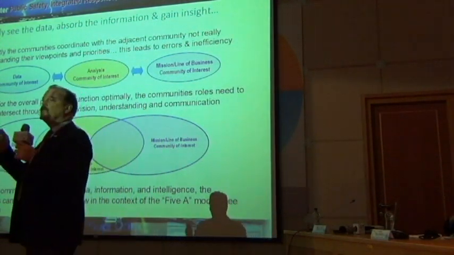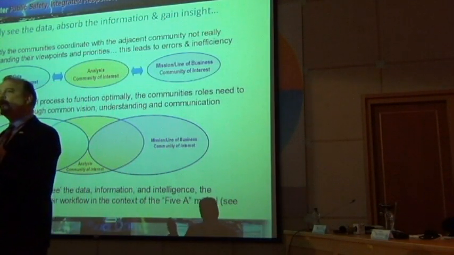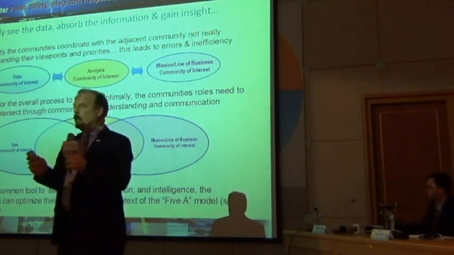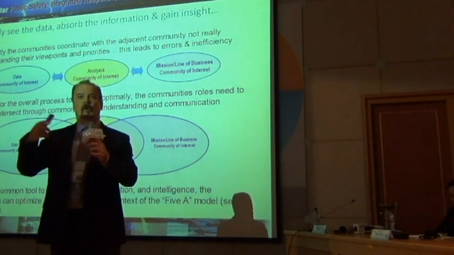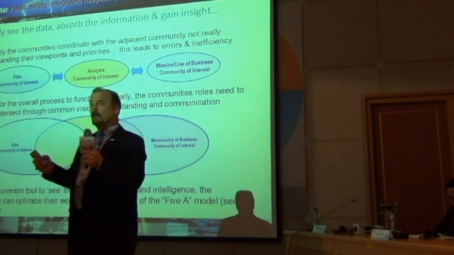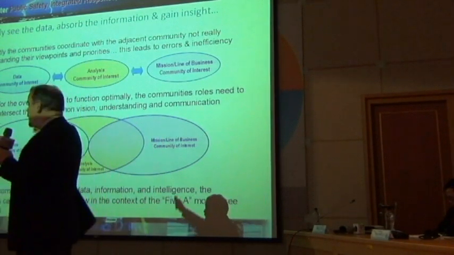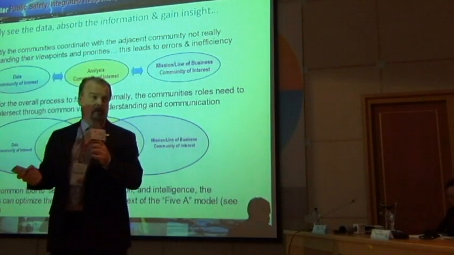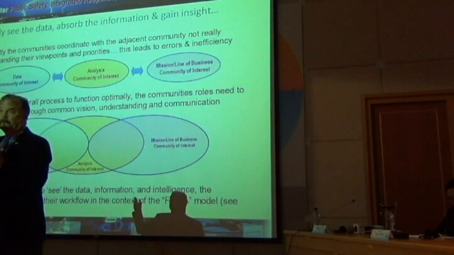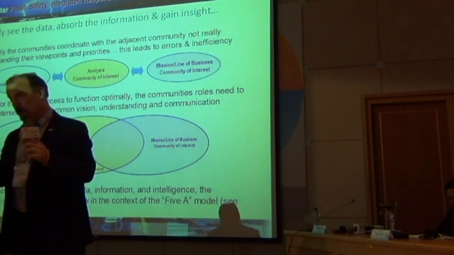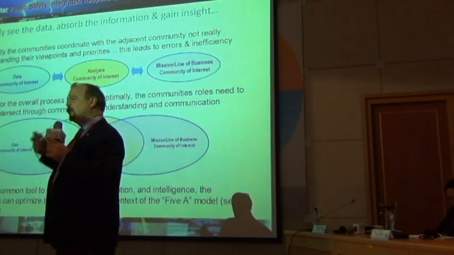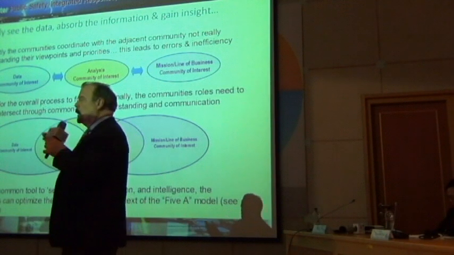So let's talk about something, and this is not only true in this area, this is also true across the board in the smarter cities, all the talk about it. There are 3 communities when you try to apply a solution. One is the data community of interest. These are all the people, the IT folks. Then you have your analysis community. These are the people that analyze information and provide information to everyone. And then you have the line of business, or in the case of public security or public safety, the people that actually do the law enforcement, the mission people.